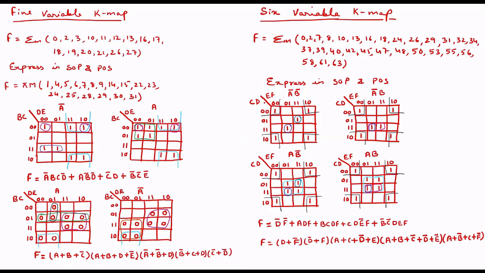Since C, D, E, F is common to all the 4 graphs, you can choose from any single graph. So I'm checking it from here. C is not common, D is common, so I'll get D complement, and from here I'll be getting F complement. So the first min term is D complement, F complement, and this corner is represented by these 2 letters in a single min term, representing all the corners.